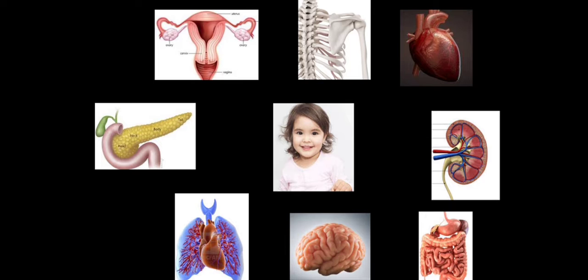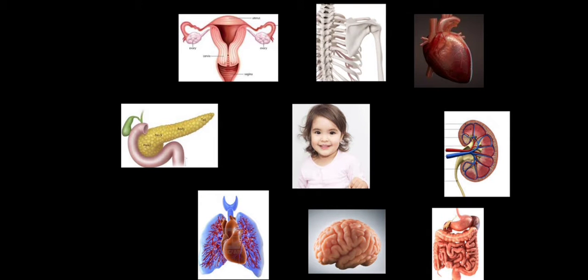Children, just examine the slide. Of all these organ systems, which do you feel is not needed for the survival of an organism? Just look into all the systems and kindly tell me which is the system which is not needed for the survival of an organism. Surely, it is the reproductive system which is not needed for the survival of an organism.